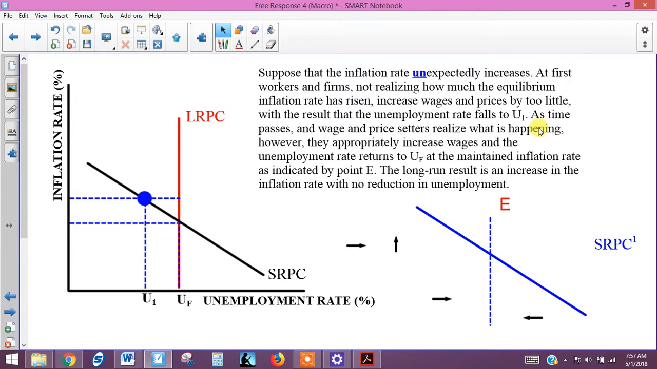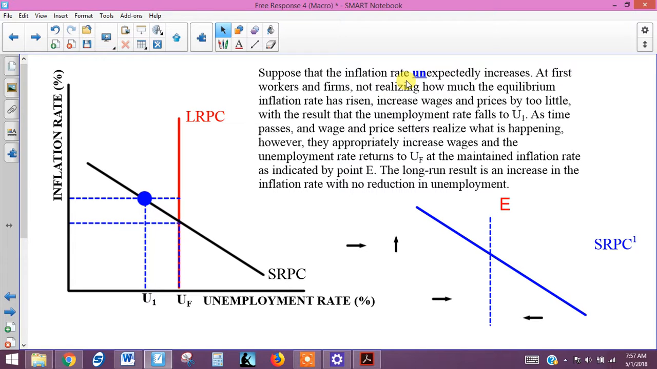Now, so what we can say is, at first, workers and firms, not realizing how much the equilibrium inflation rate has risen, the wages and prices don't really go up as much as they should, and the unemployment rate falls. Okay? Now what's going to happen is that as time passes, this unexpected becomes expected, and the wages go up